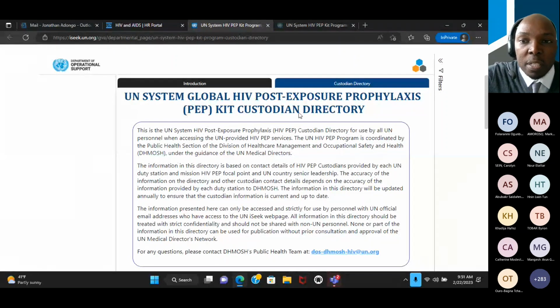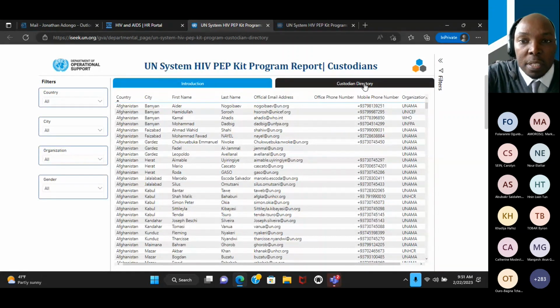So where does this information come from? Throughout last year, we sent a request to your offices to provide details on the individuals responsible for issuing the HIV PEP kit to people that requested it, and we got a lot of information from you regarding who you are, how to contact you, which city and country you're in, and which organization you represent.